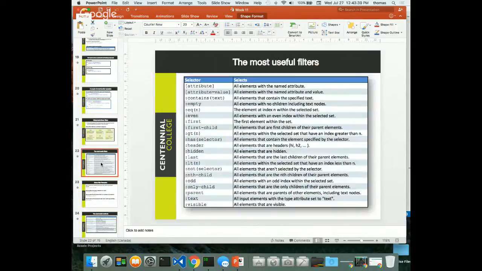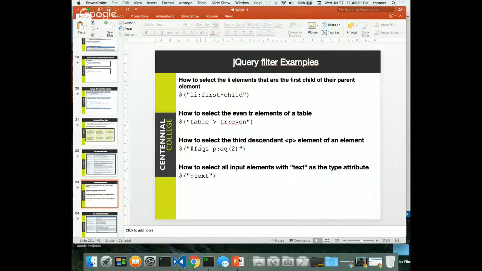If I go back up here for EQ, it says the element at index n within the selected set. So, for example, let's say I want the set of all. When I do this, right? I say all. If I just did this piece from here to here, not this piece here, but from the p tag, from the numbers to the p tag, it would say all paragraph tags that are